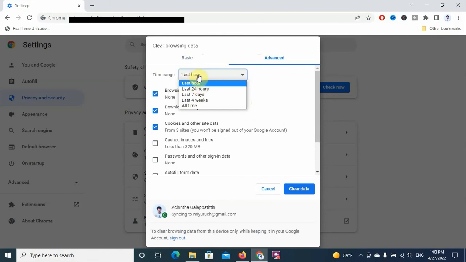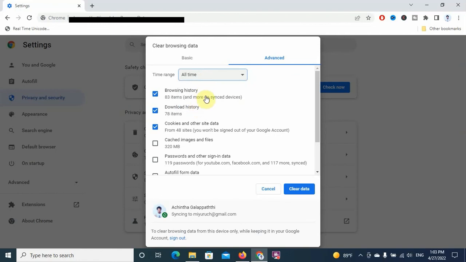So you are going to choose whether the deletion is for the last hour cached files, or for the last 4 weeks, or all the time. I am going to select the option all the time, and you can select these options: browsing